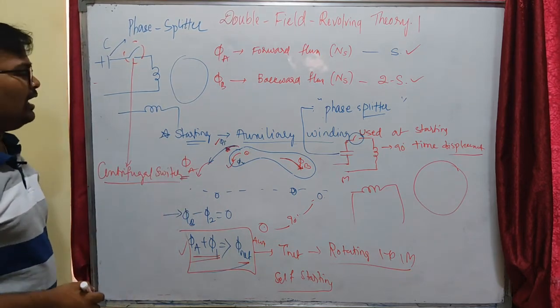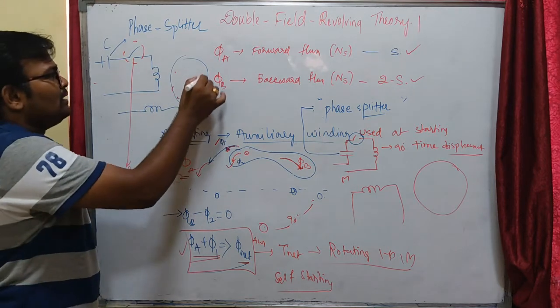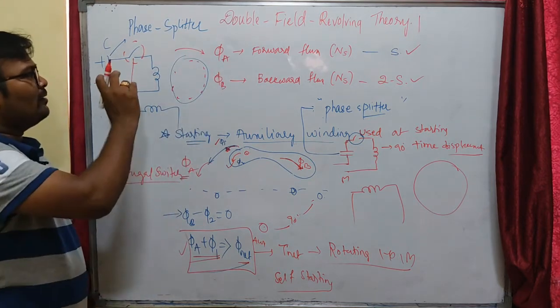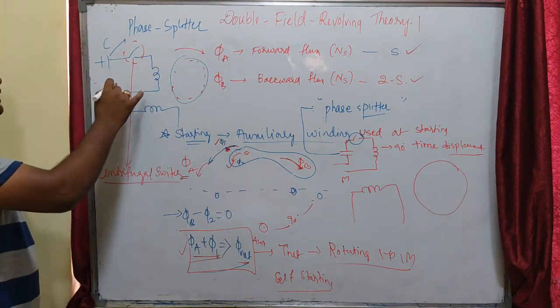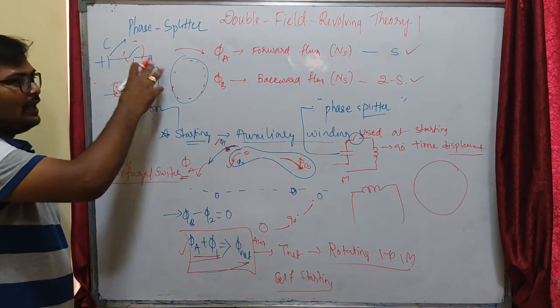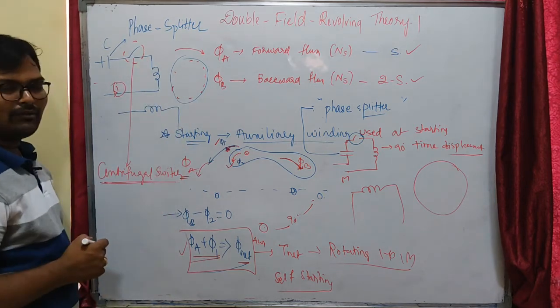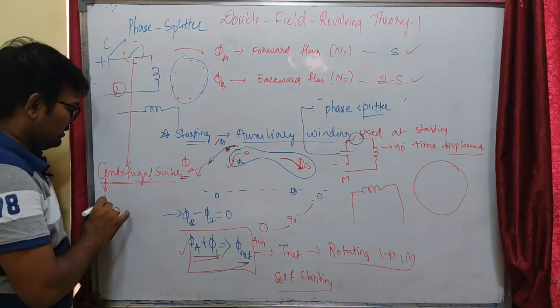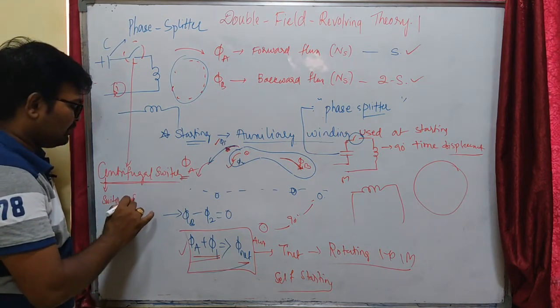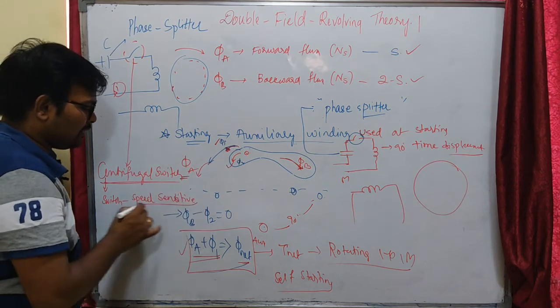We use our auxiliary winding for starting purposes only. Once our machine starts rotating, we don't need the auxiliary winding, because it will consume some current and that produces some heat in the machine. That's why we want the auxiliary winding to be disconnected after we attain some rotation in the machine. How is it possible? That is possible by our centrifugal switch. This is a speed sensitive switch. This is important: a speed sensitive switch.